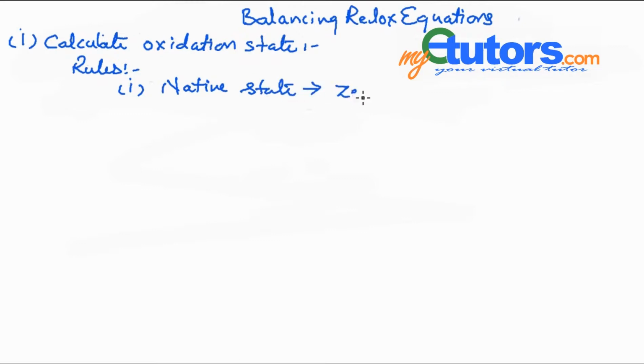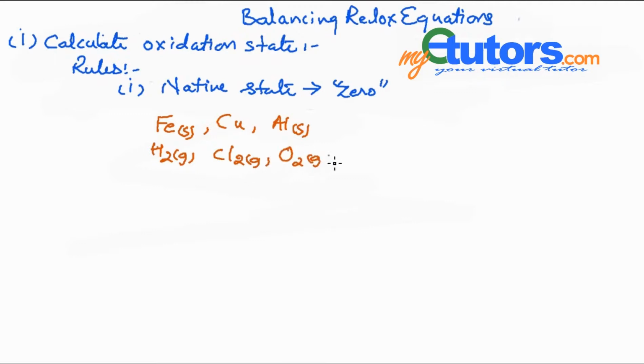Similarly, hydrogen gas in gaseous state, in a diatomic state, would have 0 oxidation state. Similarly, sulfur in octatomic state has 0 oxidation state. Phosphorus in tetraatomic state would have 0 oxidation state. So the gist of this rule is any element which is in unreacted state, in this rule we don't consider diatomic, triatomic or a polyatomic state as a reacted state. So any element which is in unreacted state, its oxidation state would be considered as 0.